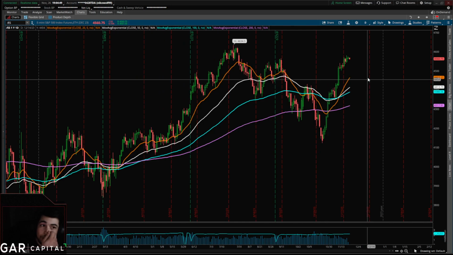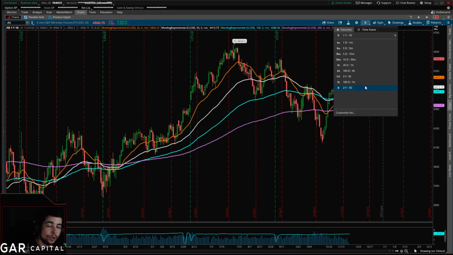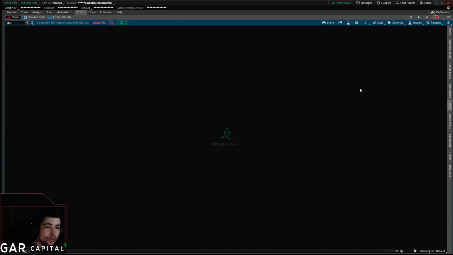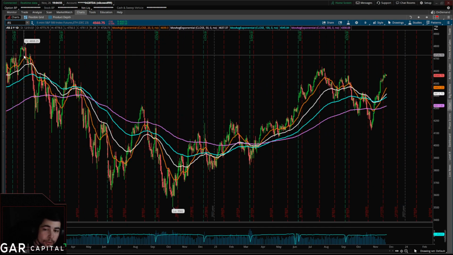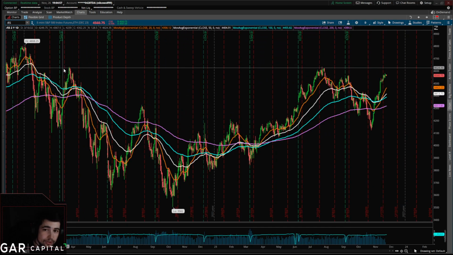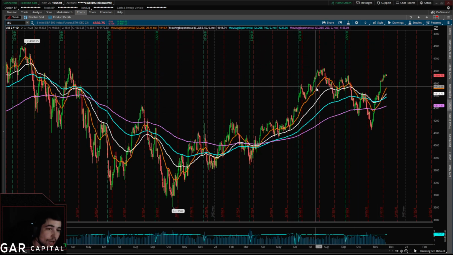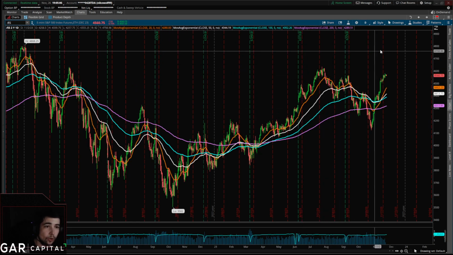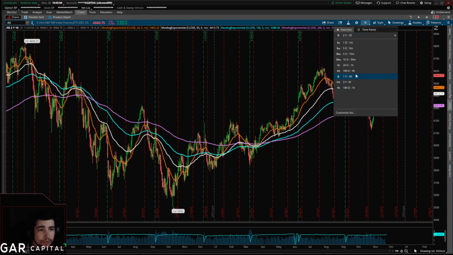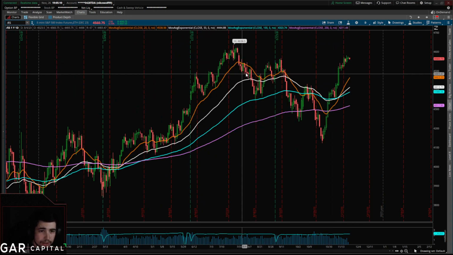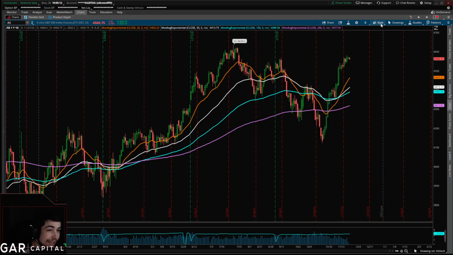So as you know, previously this is the 1 year daily. We used to pull up the 2 year daily to get a bigger picture and base our levels off the previous lower highs and lower lows, but now our attention has turned to the current trend and the current channels that price action has been carving out. So I can keep the 1 year daily. That's fine to give me an idea of direction.